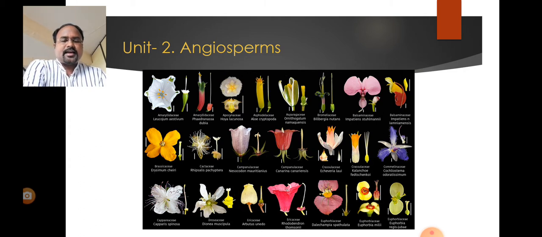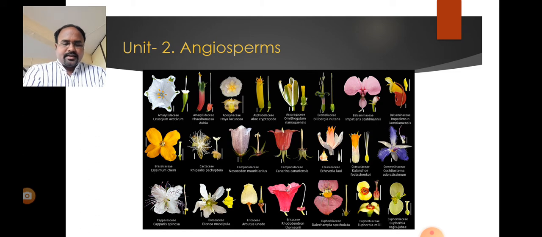Then come to the next, Asteraceae. It is the sunflower family. This family shows very peculiar characteristics: the presence of a head inflorescence, with 2 types of flowers, heterogamous and homogamous. Then Amaranthaceae, then Palmae, that is Cocos nucifera, and then the third unit, modern techniques to study plant diversity.